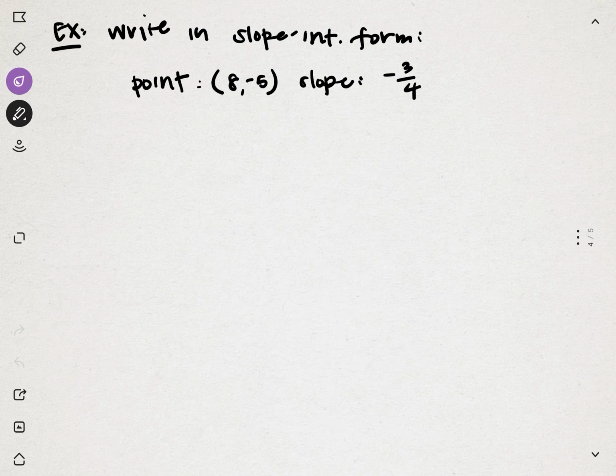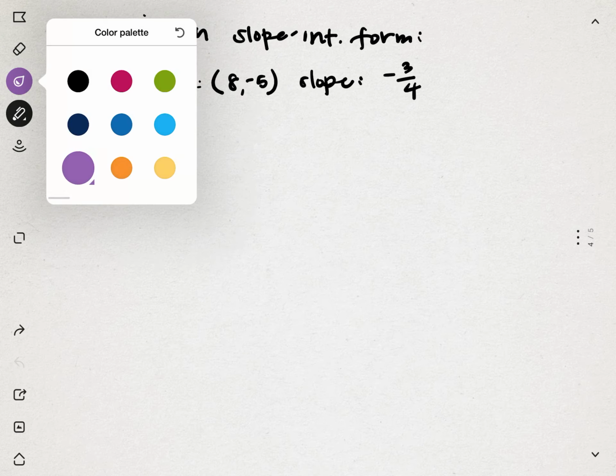Okay, next example. This one has multiple steps, and it's not too bad. It's just that once we figure out how to work with points and slopes a little bit better when we do point slope form in the future, it's going to be a little bit easier because we don't really have to remember these steps, but it's one of the skills that you can do here, and you can use it, but just in this situation. So we're going to go ahead and